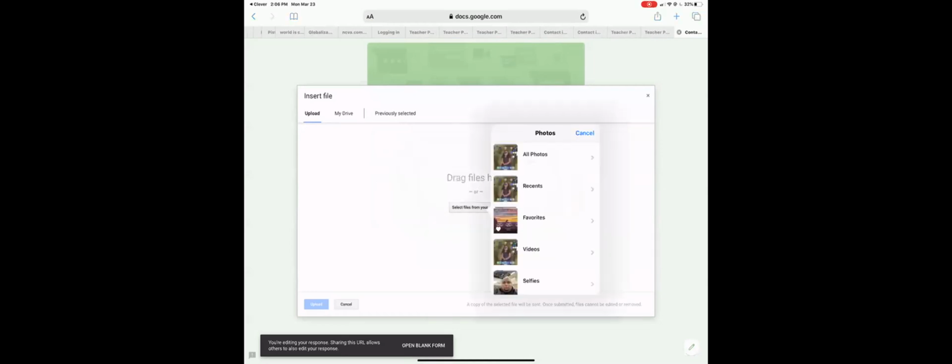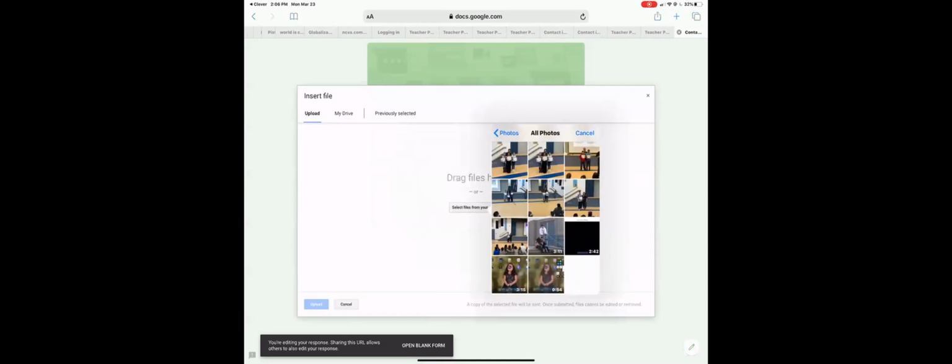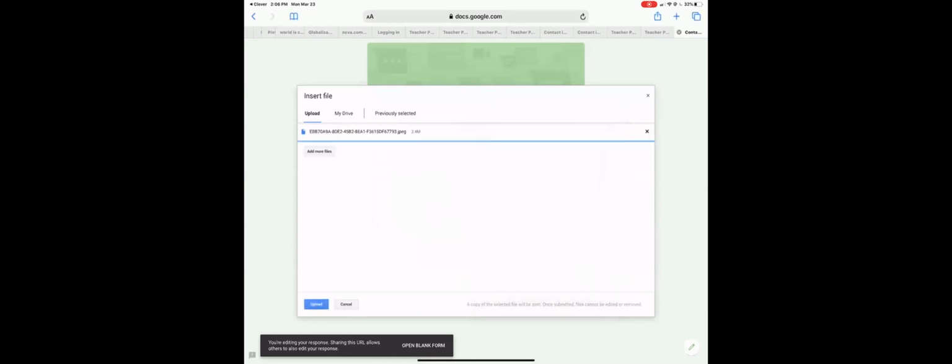And all the learner is going to have to do again is add a file. In this case, select files from your device so they can take a picture or go to the photo library. So in this case, I can go to photo library, go to all photos, and I can just do this one right here, select done, upload, and it's going to send it to the Google form.